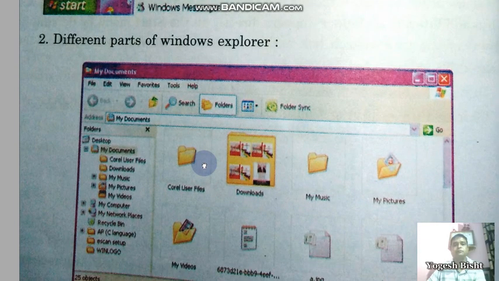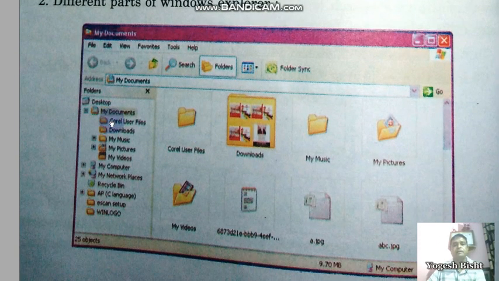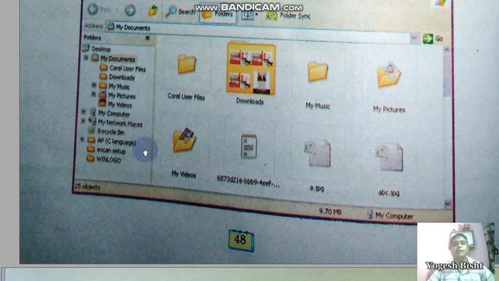So window explorer is a view where you can see the entire folders and subfolders installed in a computer in a tree view. Like from a desktop you can see the main folders like documents, my computer, network places, and recycle bin. And in an explorer view you can see the further subfolders lying beneath the main folders. And then this is a plus sign. Plus in front of a folder means there are further subfolders residing inside that particular folder,